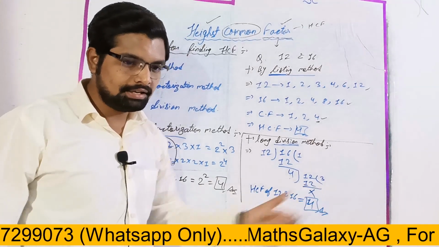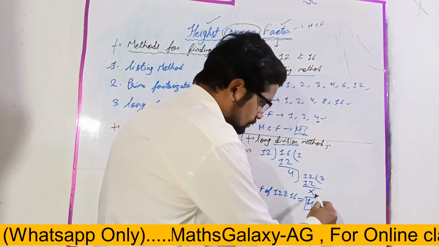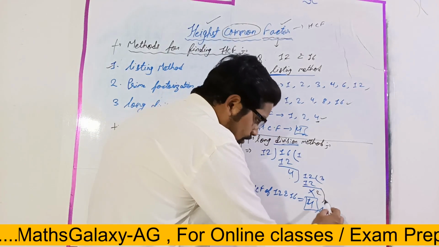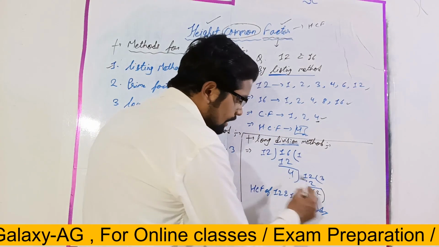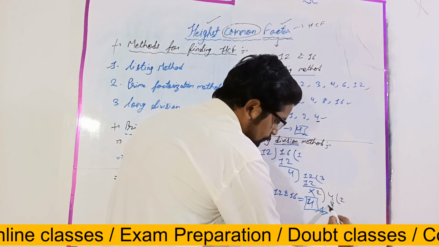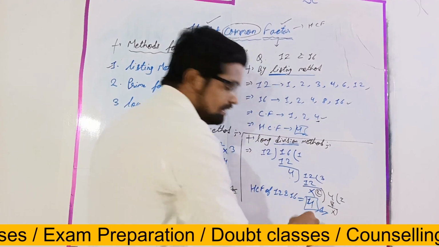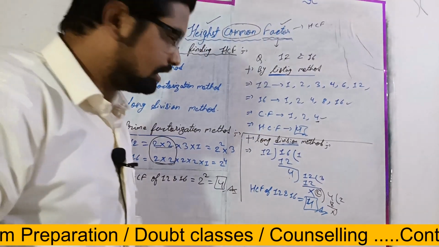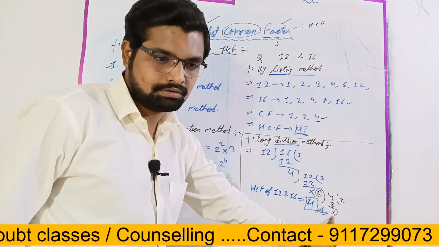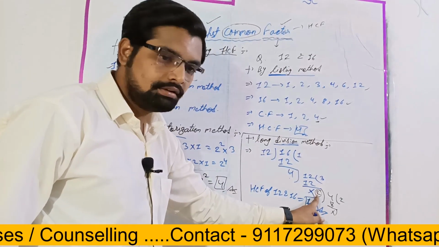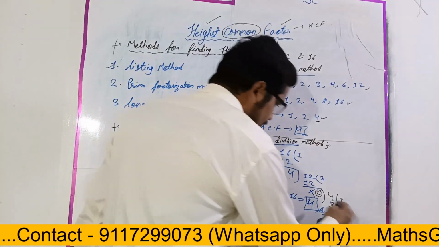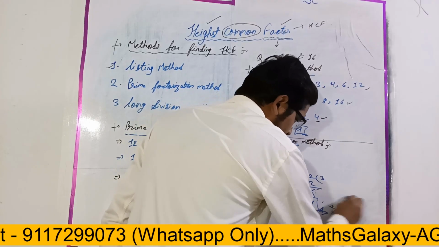Suppose we get 2 as a remainder after subtracting, then again we will do it. 2 will be the divisor and 4 will be the dividend. Now 2 times 2 is 4, and here 2 will be the answer. We continue till we get the remainder 0, and the last divisor will be the answer. Is it clear or any doubt? No? Now you can do it.